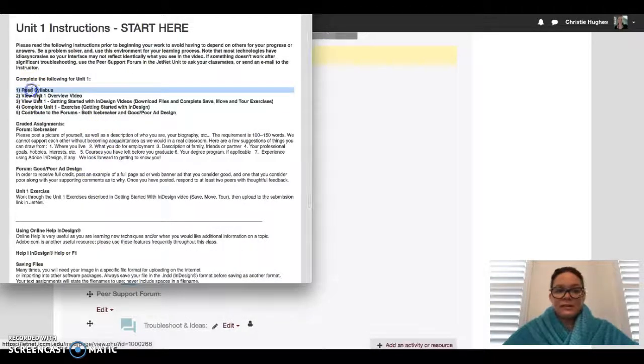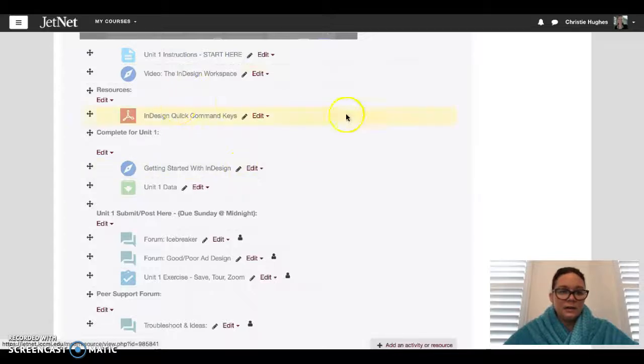You want to go ahead and read the syllabus, obviously, from the intro portion of this course. Then you're going to want to view the Unit 1 overview video, which is this video right here. After this, you want to get started with the InDesign videos. The InDesign video, if you go back to here, would be getting started with InDesign. This brings you right to that